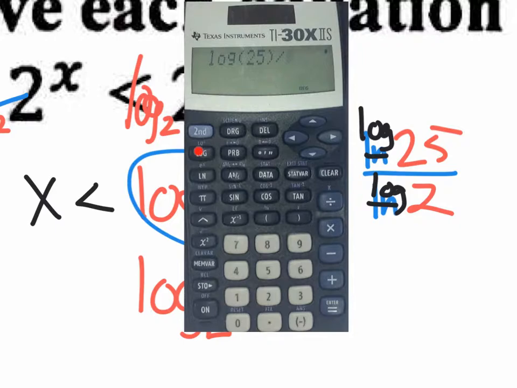But if I go log 25, when I hit log, it's going to put the log with an open parenthesis. You're going to type in 25, but you need to hit this close parenthesis button before hitting the division button. Okay? So log 25, you have to close the parenthesis with the close parenthesis button, and then hit the division, and then you could type in your log of 2. Okay? And if you do that correctly, you should get